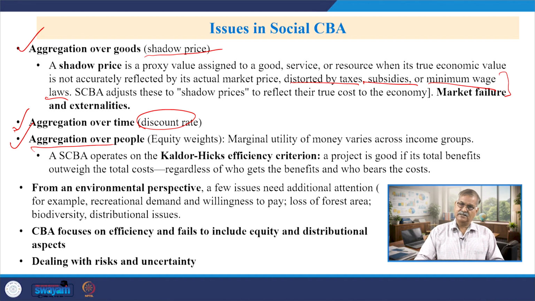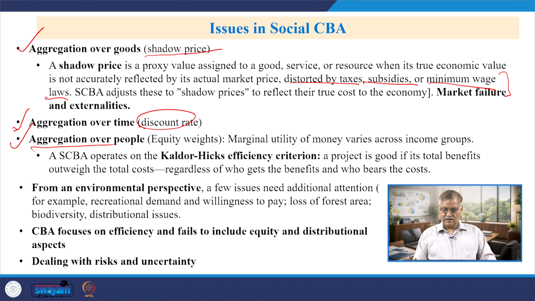And it makes economic sense, because marginal utility of money varies across income groups. For example, a 10 rupee note in the pocket of a poor person is not the same as the same note in the pocket of a rich person, because the marginal utility of money for poor people is much higher as compared to rich people. And in this case, one important criterion suggested by Kaldor-Hicks is that a social cost benefit analysis